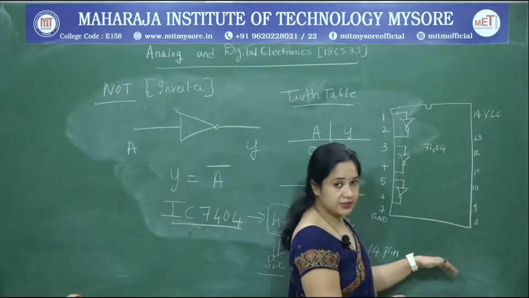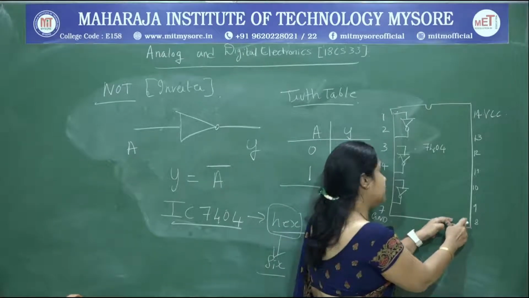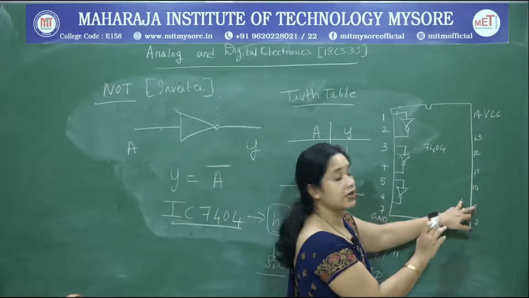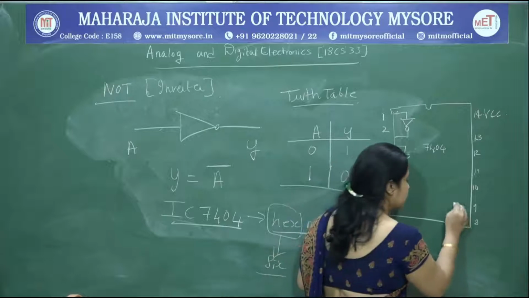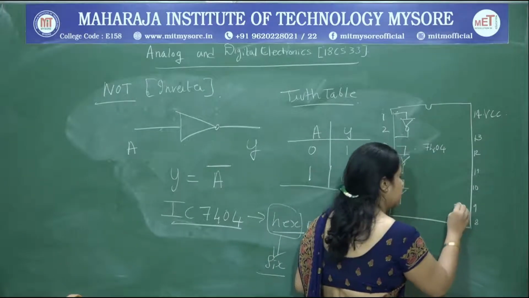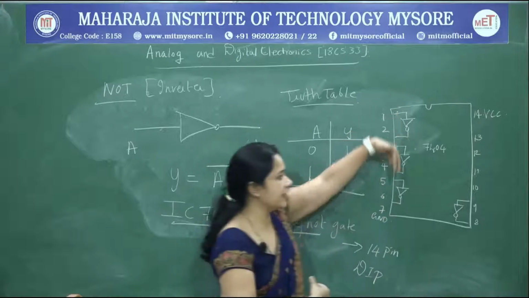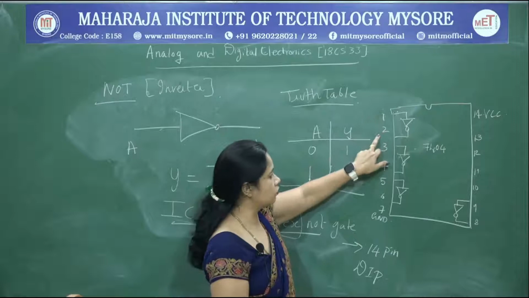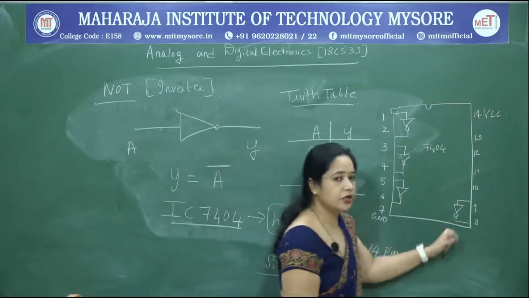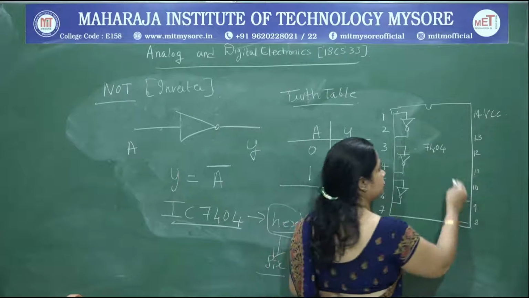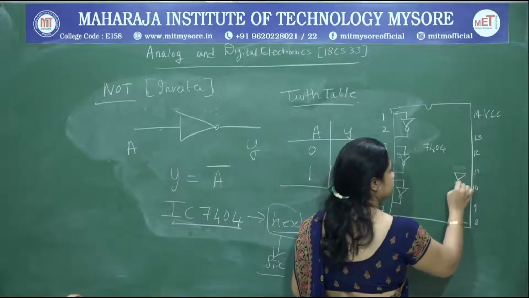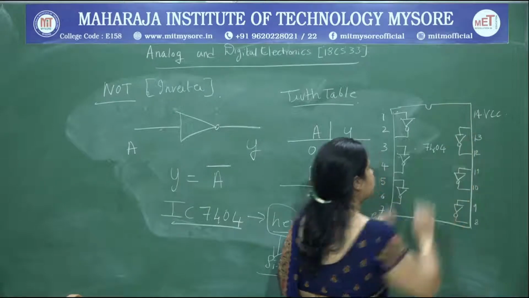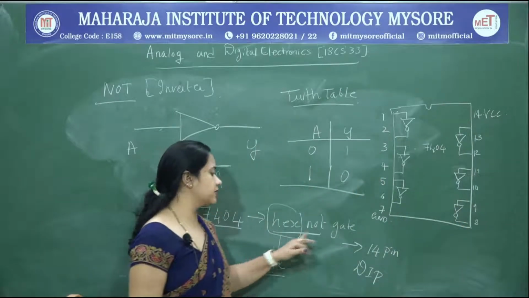Coming to the other gates, 8 does not become the input and 9 the output, it is the other way around. So 8 is the output and 9 is the input. Please note, all the gates are facing downwards. That is the reason for the first gate 1 is input, 2 is output, 3, 4, 5, 6, and here it is reversed: 8 is the output, 9 is the input. So again, likewise. That is the reason I called it an X NOT gate.